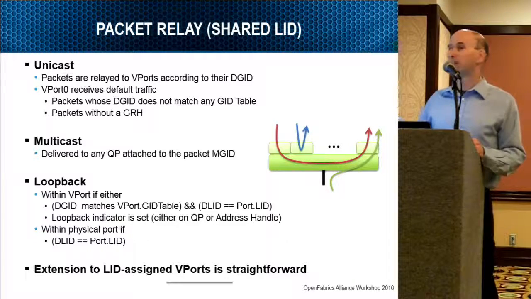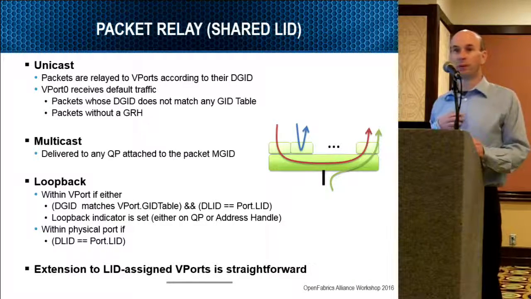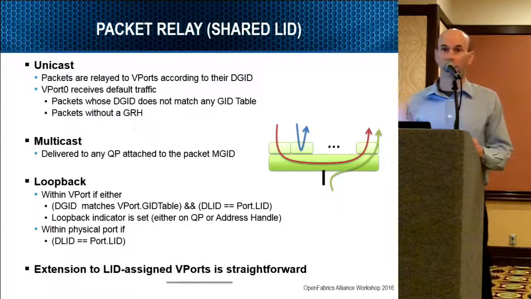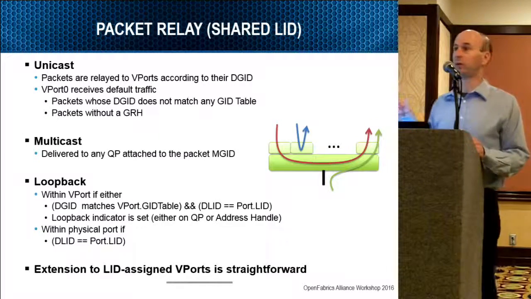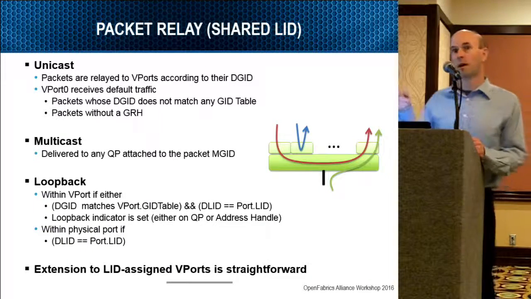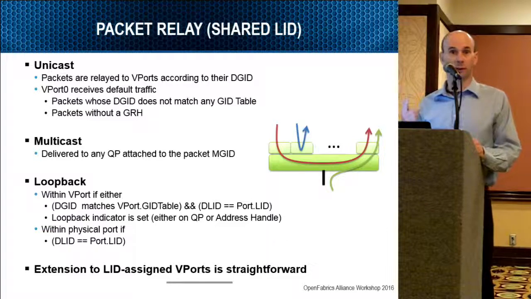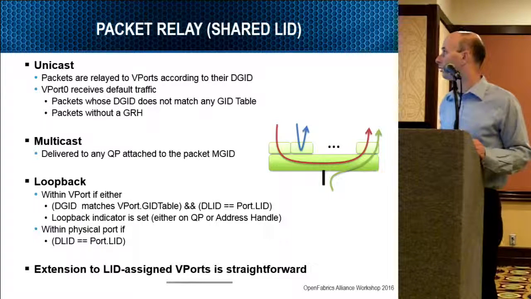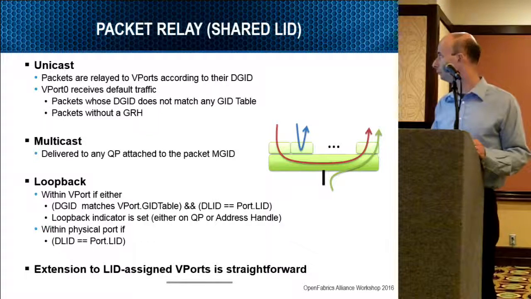Now, if you want to extend this when you add LIDs to vPorts, basically there are vPorts with LIDs, and then you associate vPorts without a LID to those that have one. So essentially you're creating groups of vPorts that share a LID. Then the extension is straightforward. If you're not loopback by the GID, then you're loopback by the LID. And if this endpoint doesn't have the LID that you're looking for, you're going to go out to the wire. So that's pretty simple.